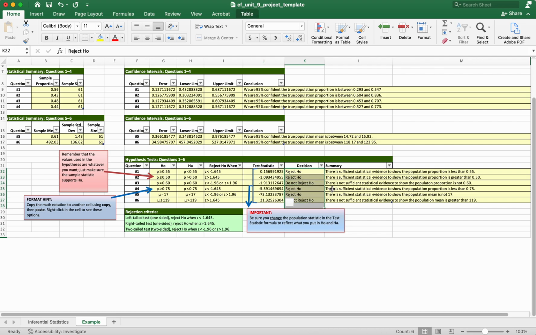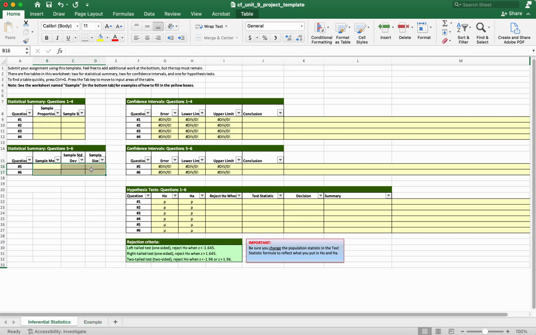Now, if you reject the null hypothesis, that means you have sufficient evidence to show the population proportion is less than whatever the value you put here. And so, same thing, if I reject, there is sufficient evidence that it is going to be the value that I put here. So this is really simply copying the formulas over to the front tab, creating your hypothesis, and